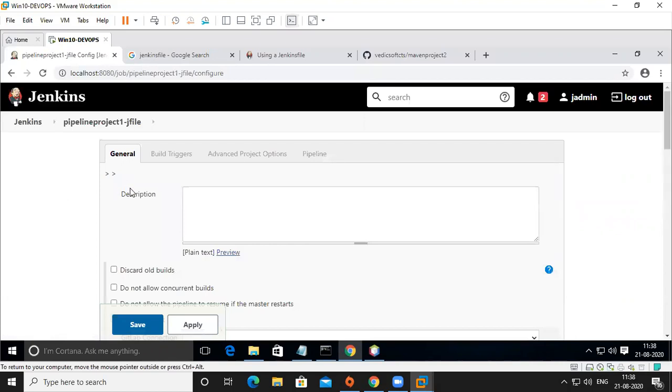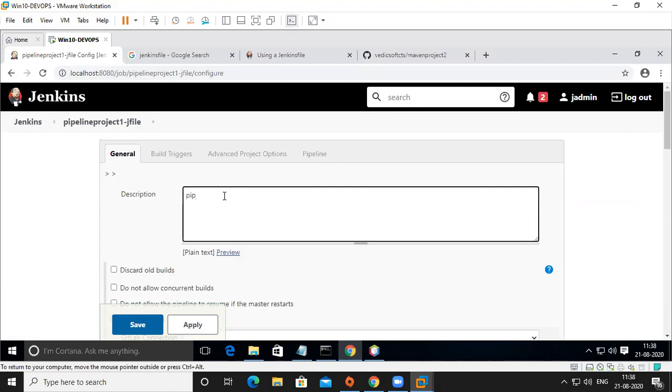How much time do we have? 6 minutes. Description: it's a pipeline Maven project with Jenkins. Yeah, we want to give description and all.